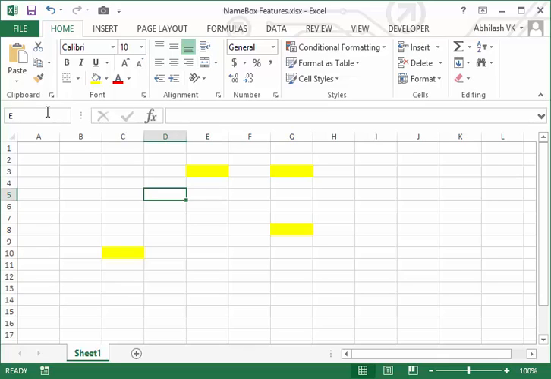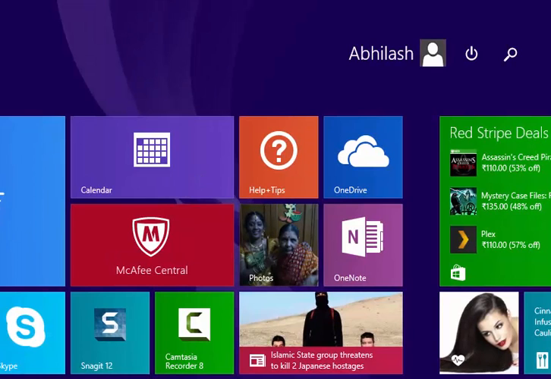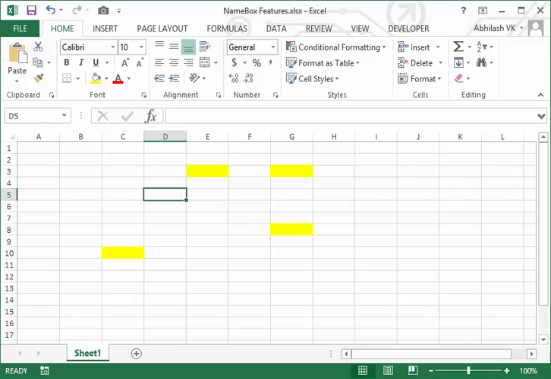However, I'll mention E6, F3, H8. Now I'll use the control button and hit enter. It selects the 4 cells including the active cell.